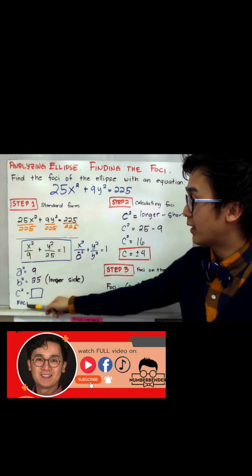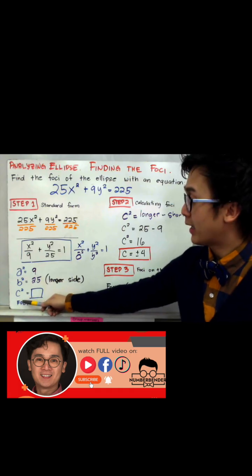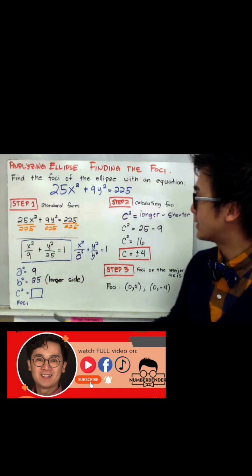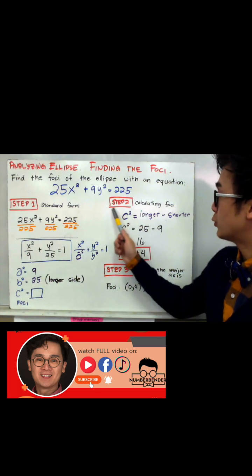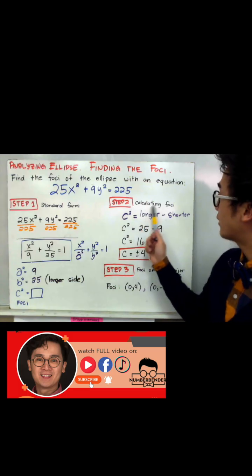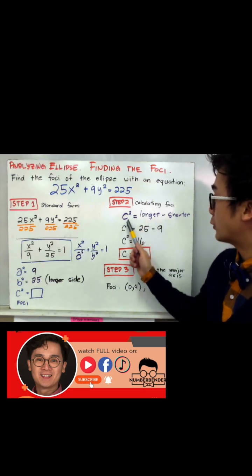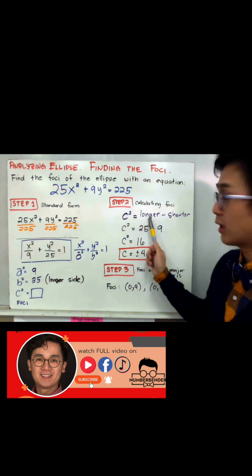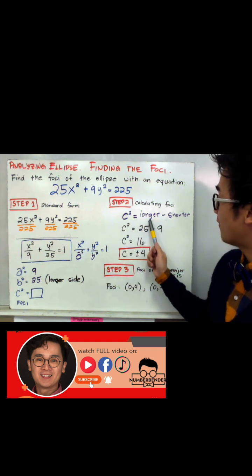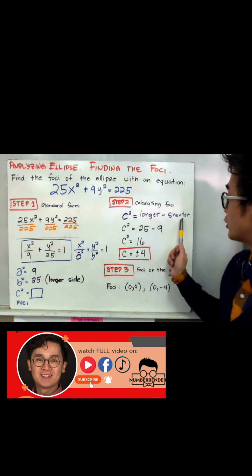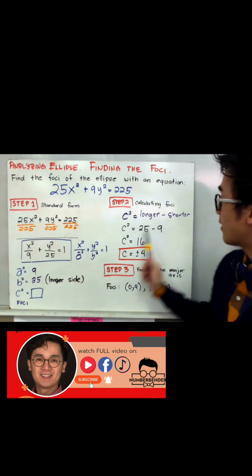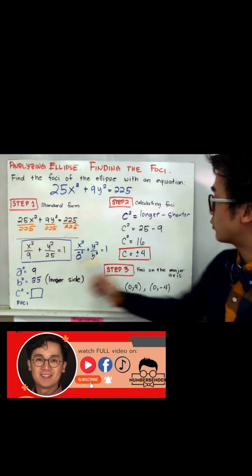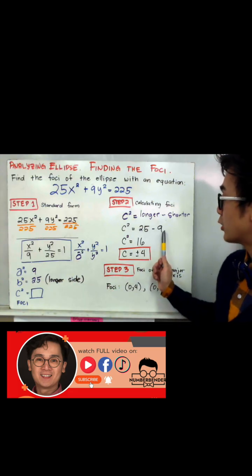To find the values of c, we do step number 2, which is calculating the foci using this formula: c squared is equal to the longer or higher value minus the shorter or lower value. In this case, the longer value is b squared, so it's 25 minus 9,